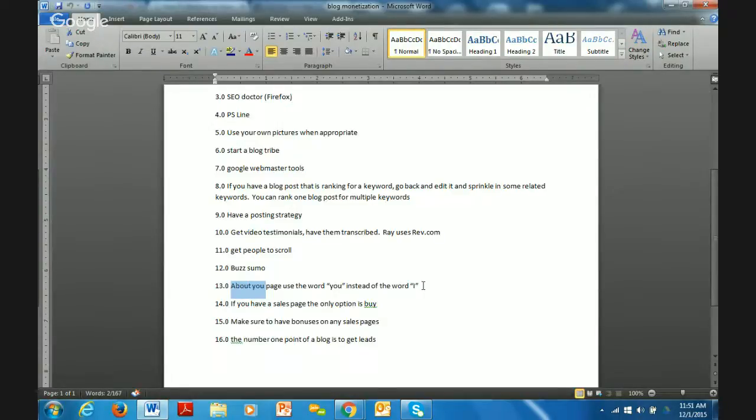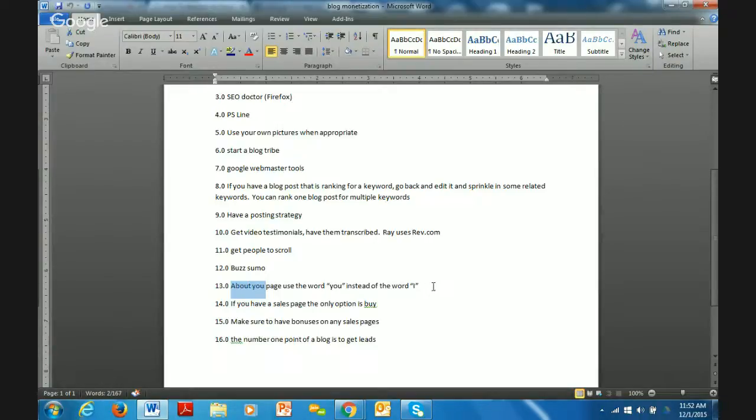So make them feel like you are talking to them and talking about their needs and what you can do to help them rather than describing your life and what you want. Yes, it is about you, but when somebody comes to your About You page, they are partially interested in you, but they're mostly interested in what you can do for them.